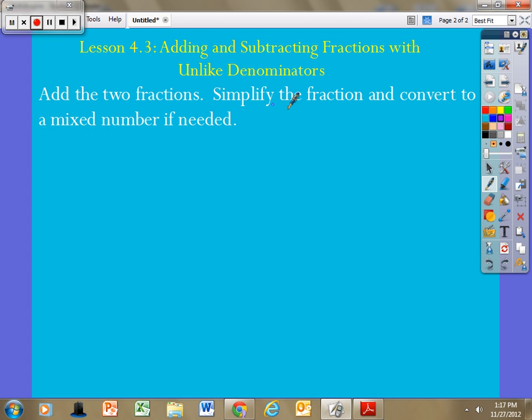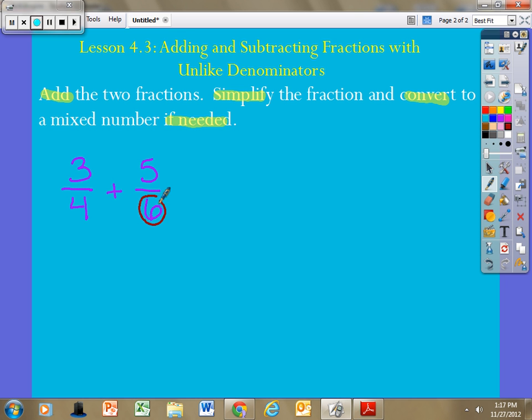So add the two fractions, simplify the fractions, and convert to a mixed number if needed. So first thing I see here is we have to add. We also have to simplify it and then convert, again, if needed. Now, taking a look, let's just start with a fraction. Let's go with 3/4 plus, let's go with 5/6. Okay. I tend to look at the larger of the two denominators, which in this case is the 6,